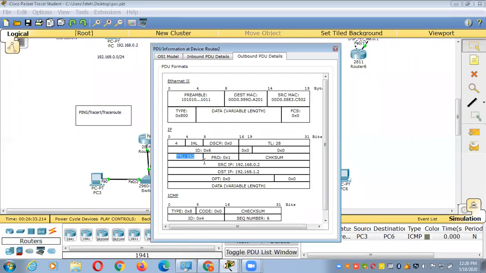You understand? Yes, but I have a question. What is the question? What is checksum? I will explain you in a later class. Okay, don't worry, I will explain you. Currently, I am explaining you the TTL value. There are a lot of values here. I will explain you in a later class. What's your name, brother? Aziz. Okay, I will explain you.